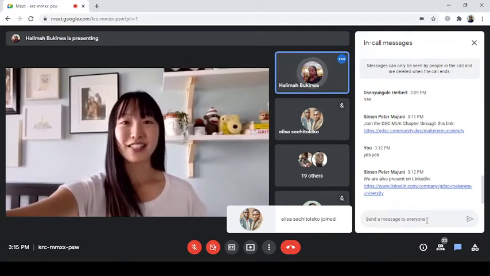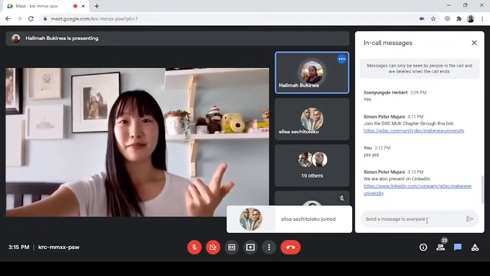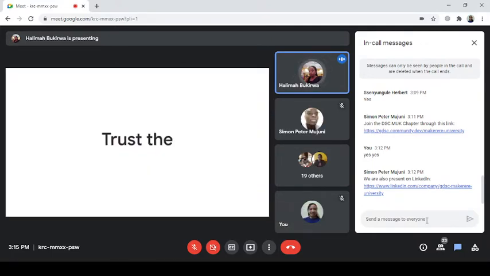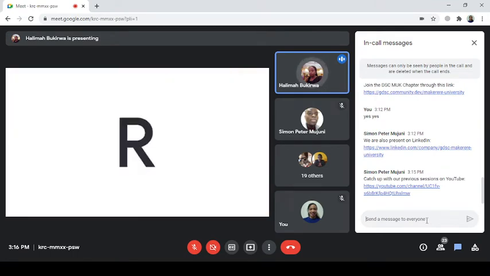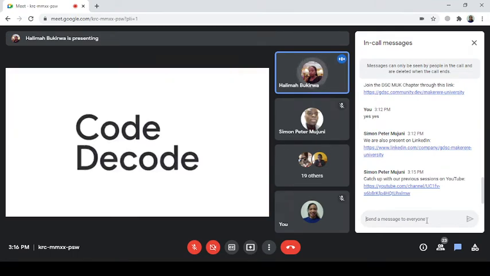My advice is to have trust in yourself, trust in your team, trust in your mentor, and also trust the process. As a developer, remember performing a tech equivalent of CPR whenever the program crashes. It's called CDR. Code, decode, recode.